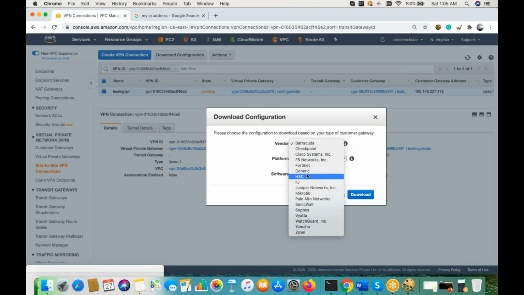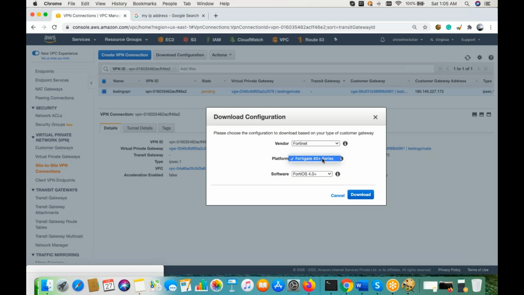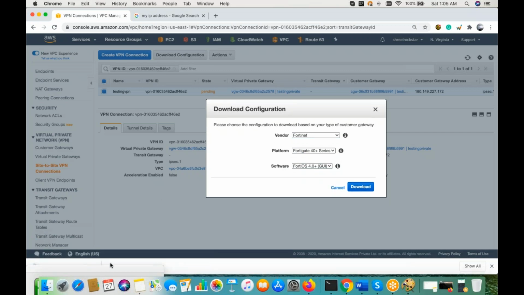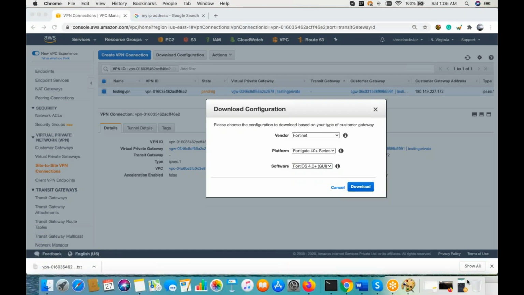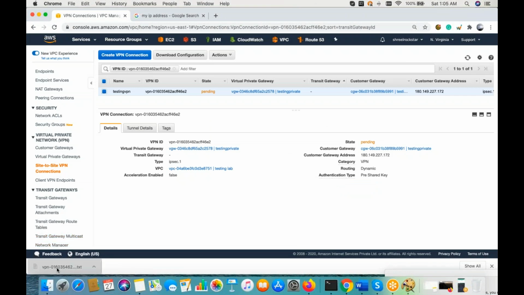The name will be available. In case, guys, any model is not compatible with the listing here, then you are fine to go with generic, download that and provide it to the customer. Okay, so let's say we are looking at the Fortinet here. Then you can define a series 40 plus and the OS information, GUI or whichever, right? Simple, download the configuration. So see, guys, I got this text file, which is going to carry my complete information